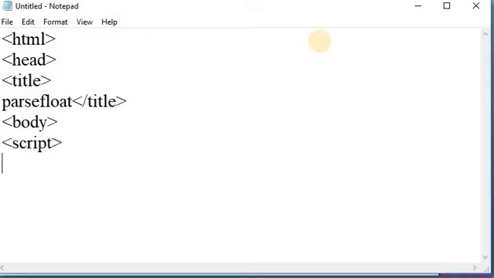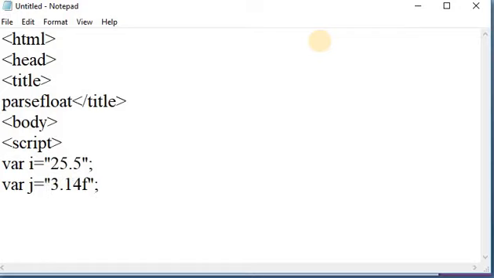In the script tag, I am taking two variables, that is var i is equal to, here I am taking one string, that is 25.5. Next, I am taking again one variable, that is var j is equal to 3.14. Suppose here I am taking f. In single quotes also you can take a string, or in double quotes also you can take a string.